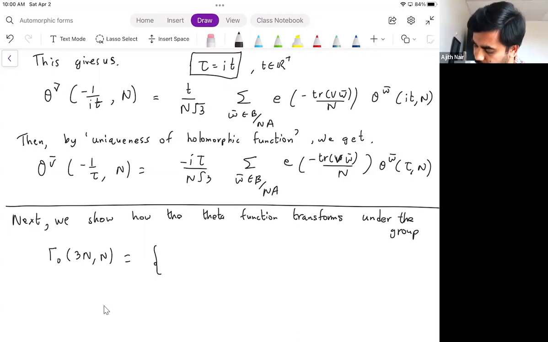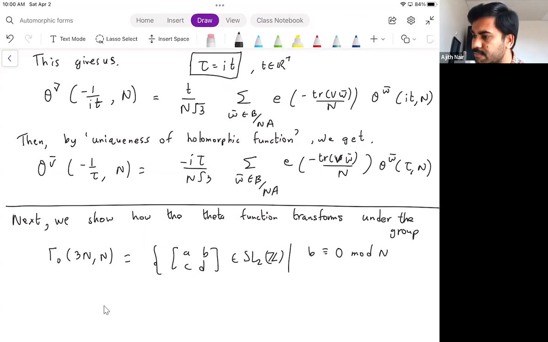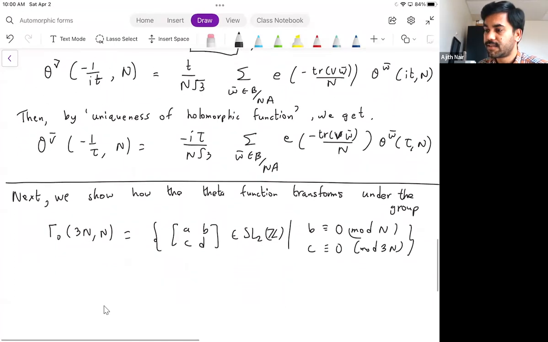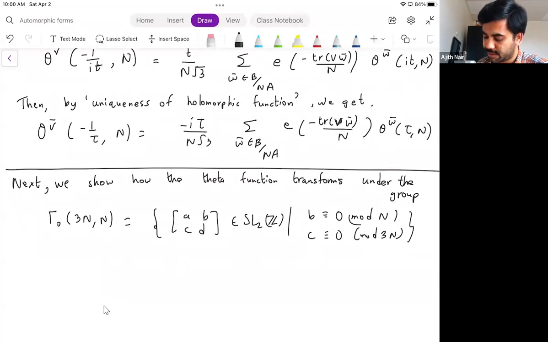This is the group of matrices in SL2Z such that B is congruent to 0 mod n and C is congruent to 0 mod 3n. So C is divisible by 3n and B is divisible by n, and AD minus BC is 1. Then the proposition is that